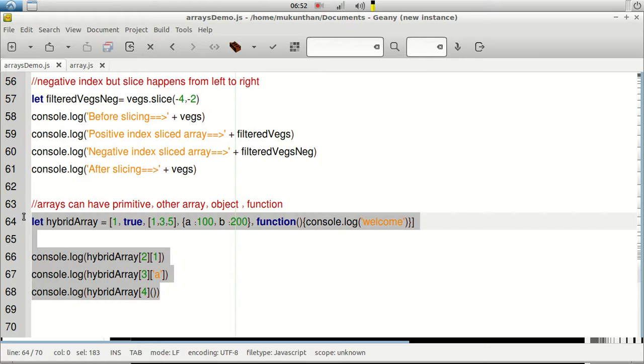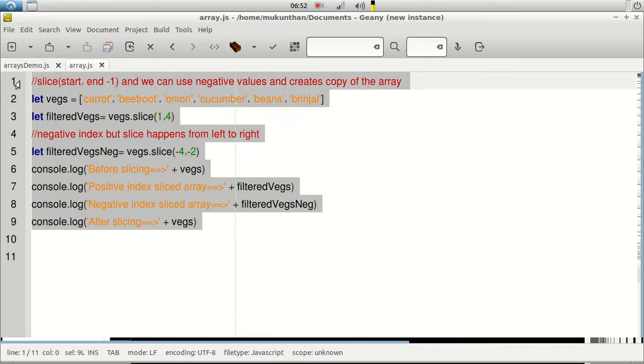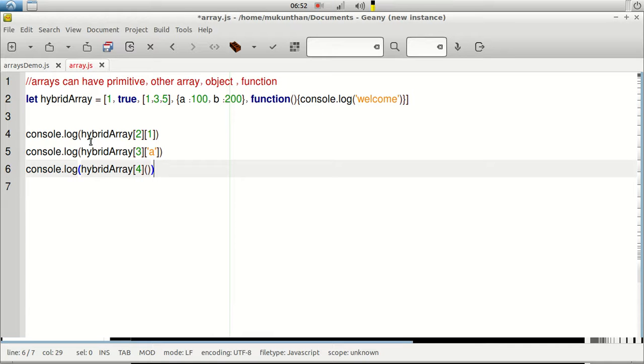Now the last one, we are going to see what different elements an array can have. For example, let me create a hybrid array. It will have different primitive values, objects, arrays, even a function itself. Just to understand, I have included a function here, but you don't need to worry about the function. So instead of console.log, I will just return that, so it will be very easy to see. We will see a detailed session on functions at a later point.